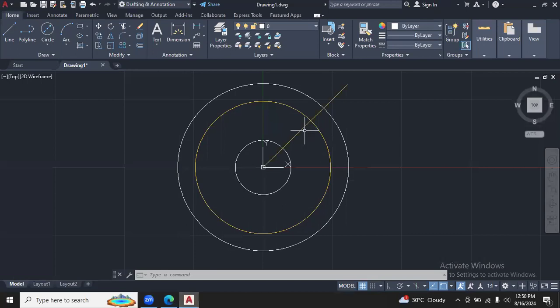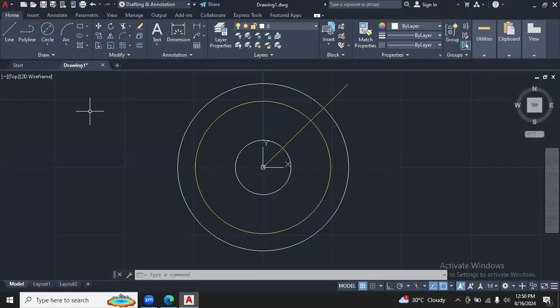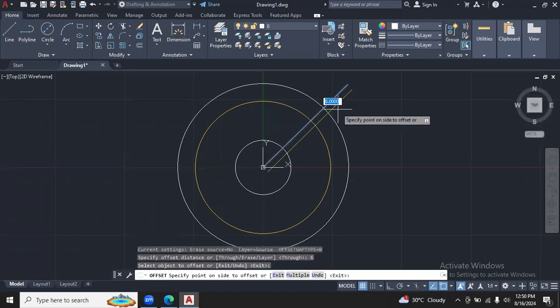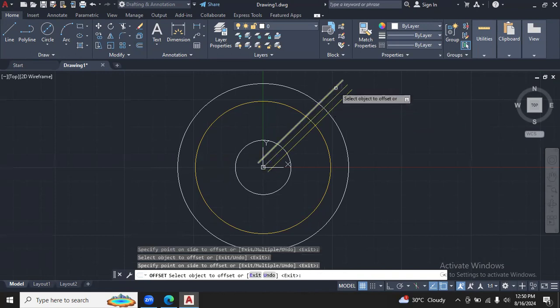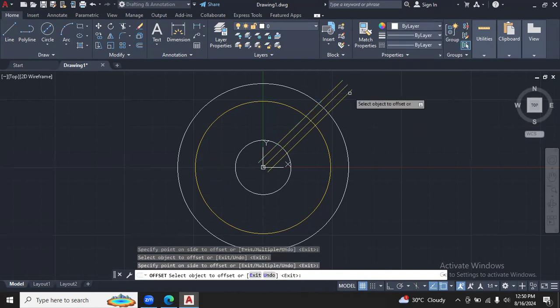First, you need to offset this line. How much distance? The total is 12, so offset of 6 would be great. Specify the offset distance, which is 6. Object to offset on both sides. But this time you have to make this color white, because this will be the part of